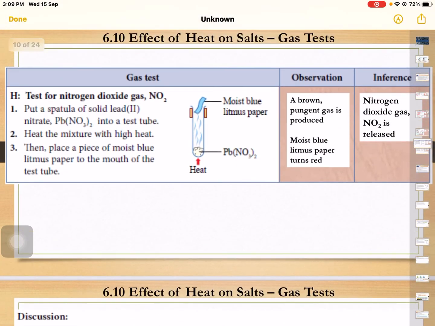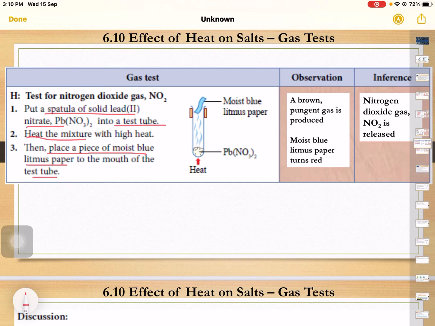And the last test is test for nitrogen dioxide gas. So what you have to do, put a spatula of solid lead(II) nitrate into a test tube, heat the mixture with high heat, dan nak test kehadiran gas itu, kita kena place a piece of moist blue litmus paper into the mouth of the test tube. Okay, so